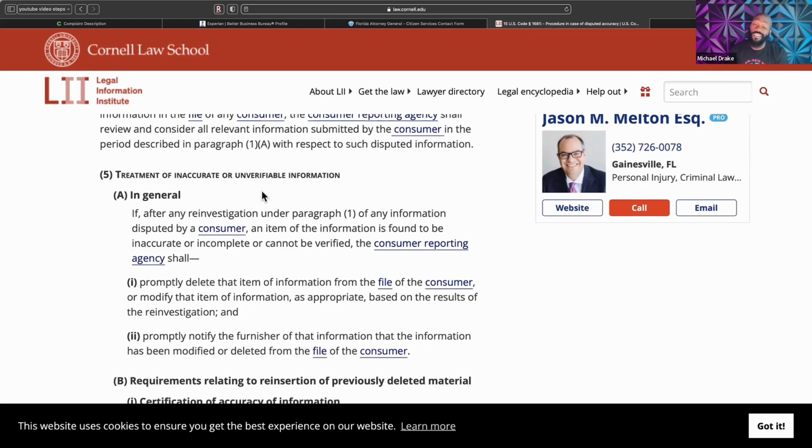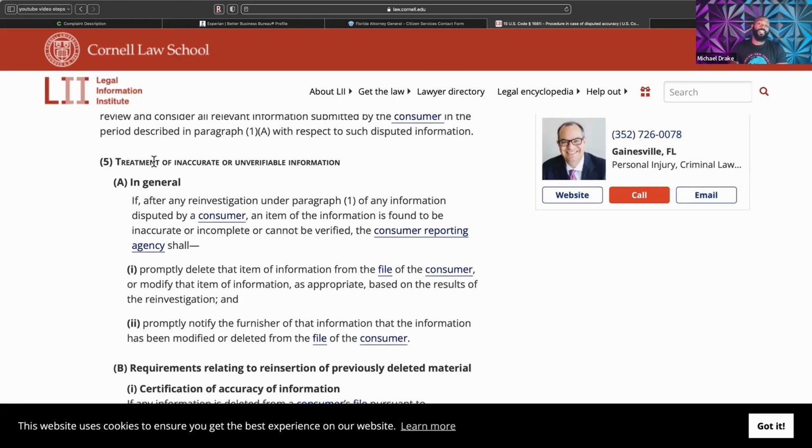All right, y'all, I'm back. So we're gonna assume that we didn't get our desired results, and I want you guys to really give the credit bureaus and other agencies the 30-day grace period to actually do the investigation, because last thing we want to do is violate their rights as well while they violate ours, because then there'll be a tit for tat. Okay, so now we came to 15 U.S.C. 1681i(a)(5), and we're gonna look at (A), and then we're gonna look at (A)(i). All right, so treatment of